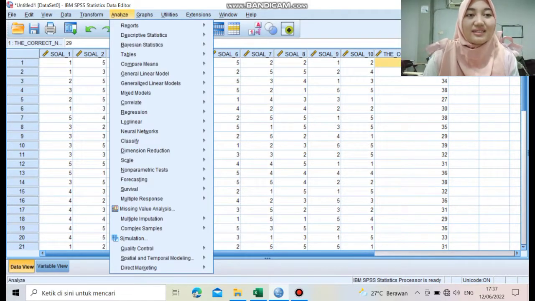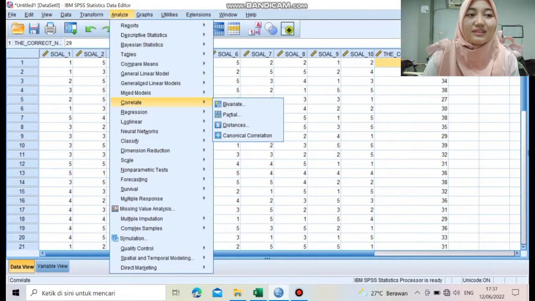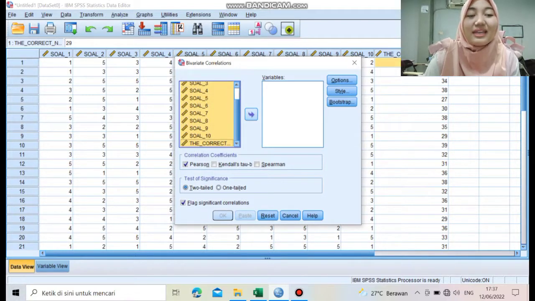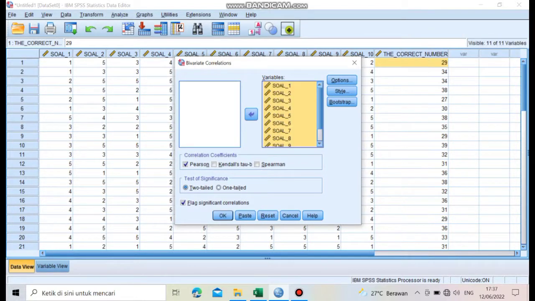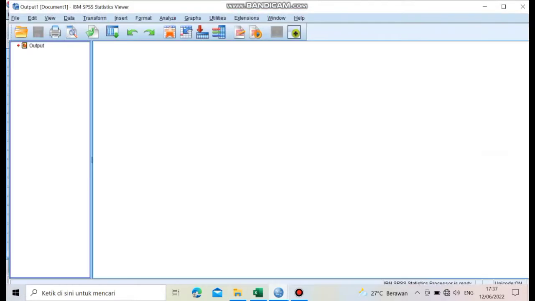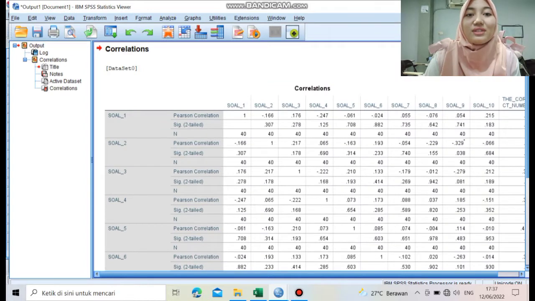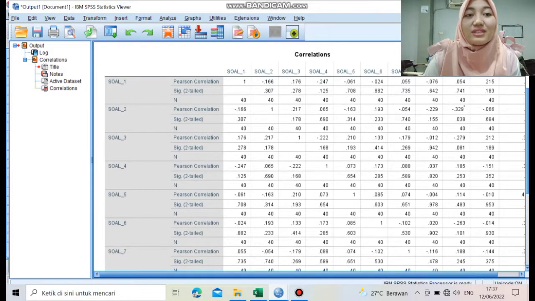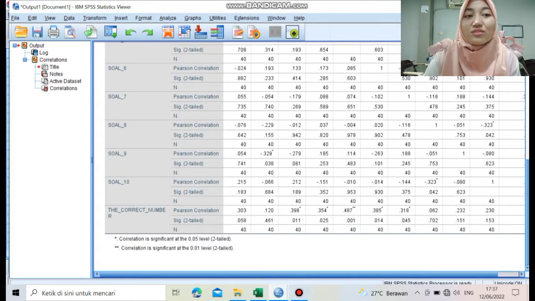Click Analyze, select Correlation, and click Bivariate. So we can move all the columns to the right and then click OK. And we're going to see something like this. Then there are some numbers with stars. Usually it is a valid number. And don't forget to take note of the numbers with stars.